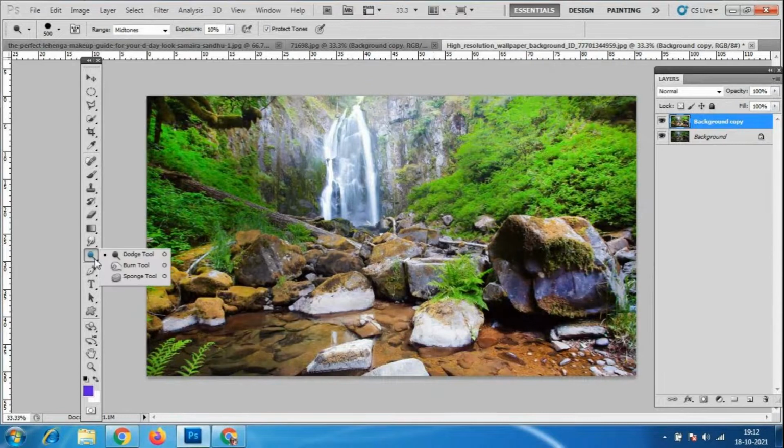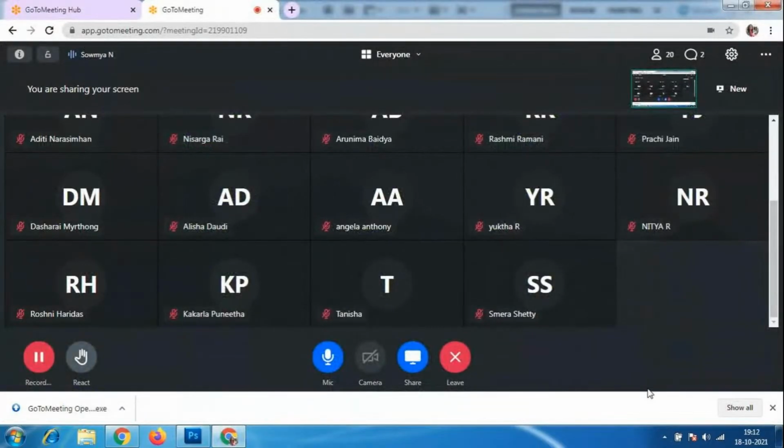Okay, is that clear everybody? Anybody having any doubt with the dodge tool? So assignments are increasing, everybody. Every day I want the assignment, and I'm noting whoever is sending me the assignment, 6 to 7 girls, everything which is available in the messages. Whoever is sending me the assignment, tomorrow again I will teach a different tool, and for that a different assignment will be there.